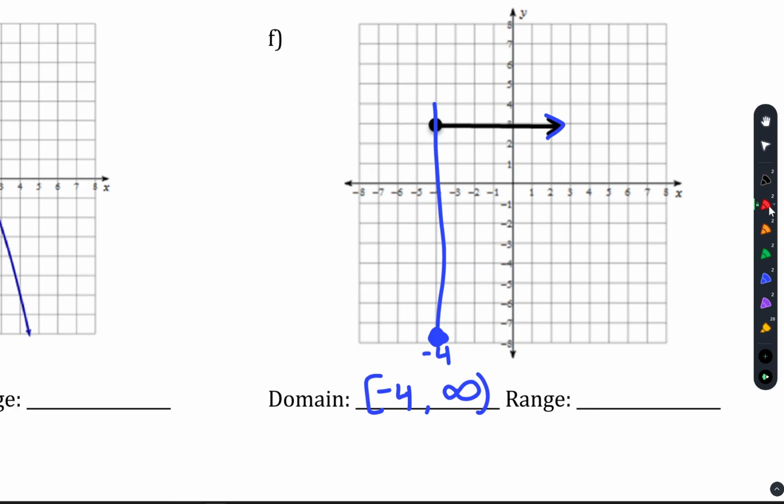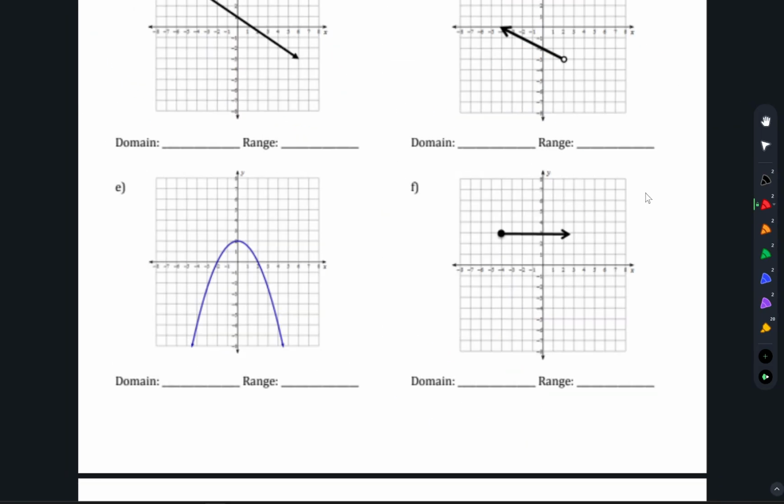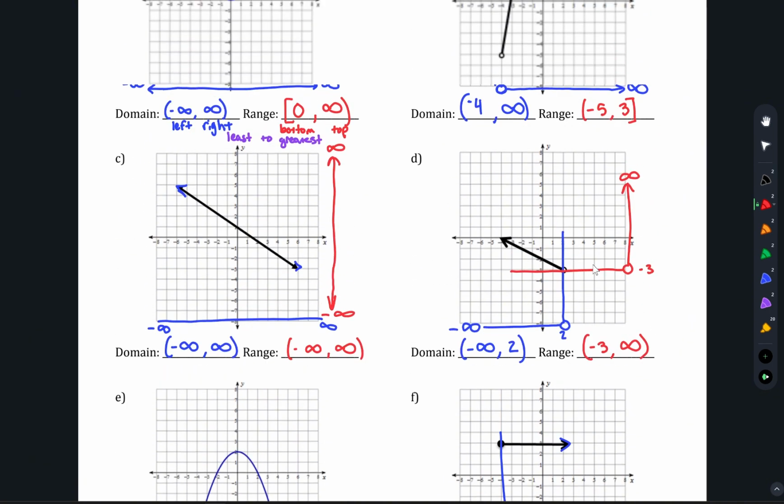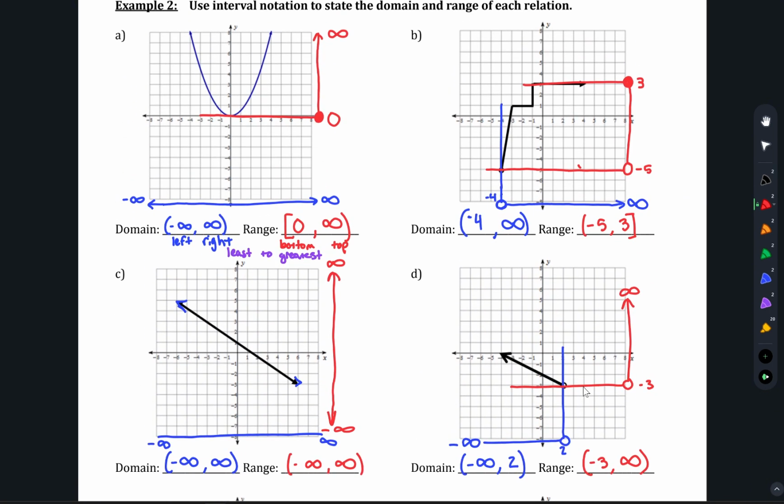What about the range? What's the lowest this graph goes? The lowest number that it touches. What's the highest number that it touches? So if it's only touching 3 ever, our range will just look like this. The number 3 in some brackets. That's maybe a weird one you want to star because that's a weird range, but there you go. Any other questions on this? Okay, I will be paying very close attention to those brackets and parentheses, so I better be able to tell the difference between the two in your